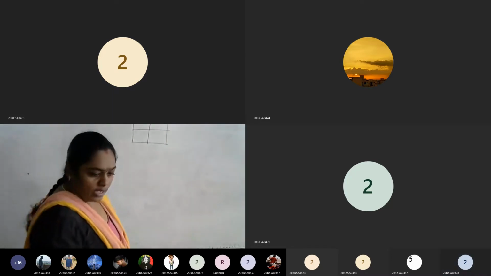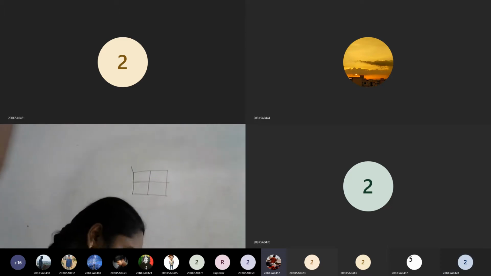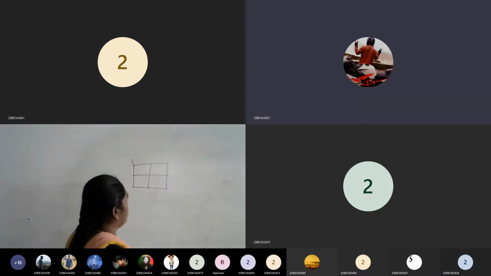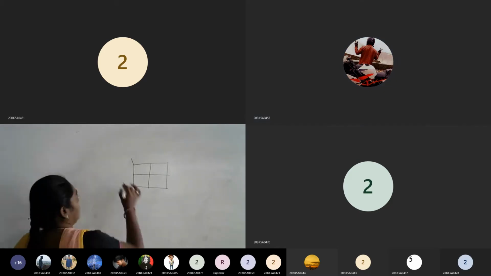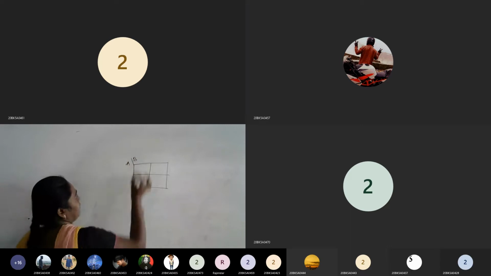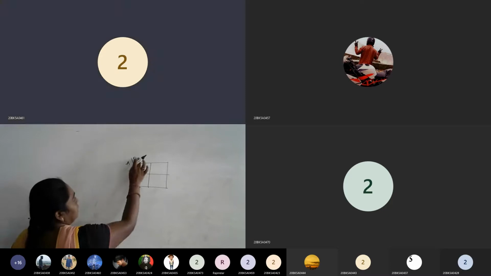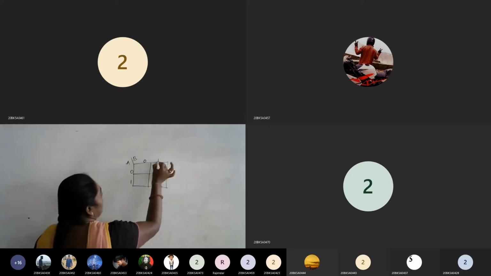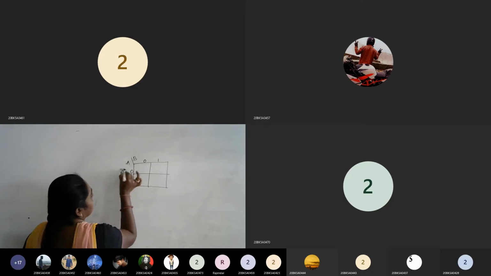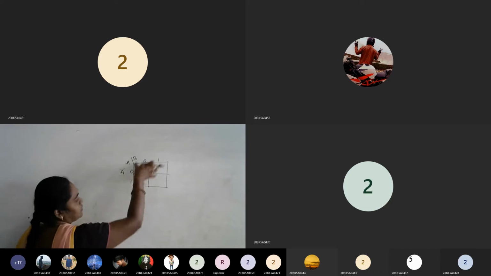Are you able to see the board? Yes, ma'am. Okay, so this is a two variable K-map. Now, if they didn't specify any variables, always take the variables one as A and the other one as B. You can represent these variables in two different ways, either in the form of 0, 1, or 0 is related as A bar. These rows are A, columns are B.